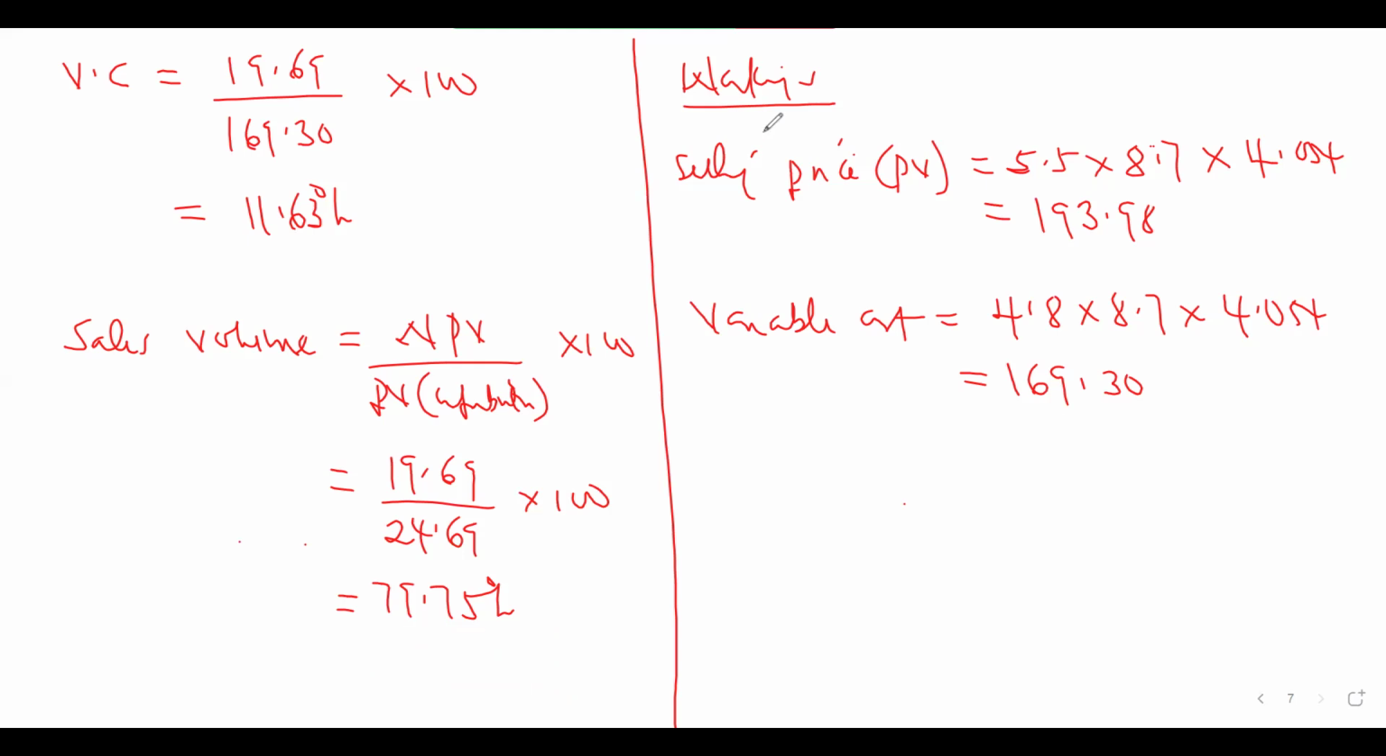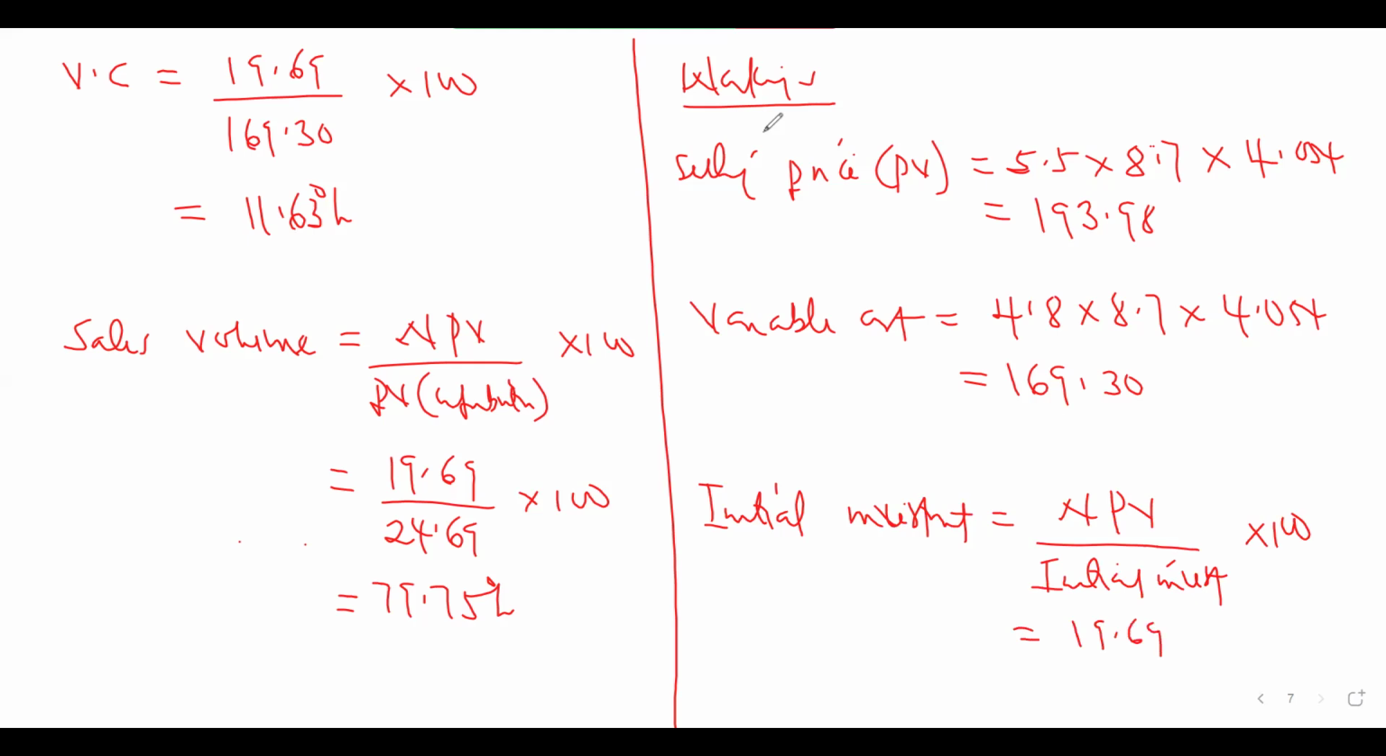Let's come to the initial investments. The initial investment will be the NPV divided by the present value of the initial investment, which will still be the same as the initial investment, because the initial investment is the amount that we are incurring now. So the present value is the same as that particular value. So that will be 19.69 divided by 5 multiplied by 100. That will give us